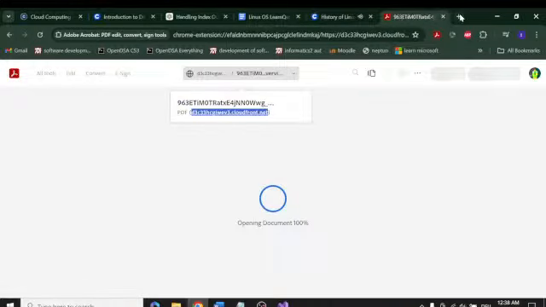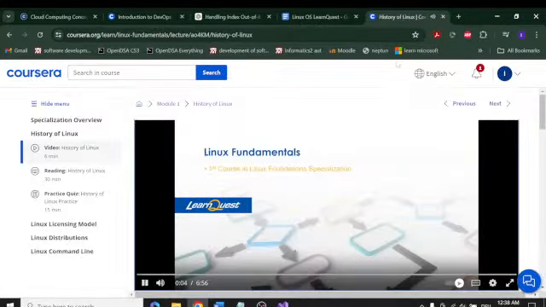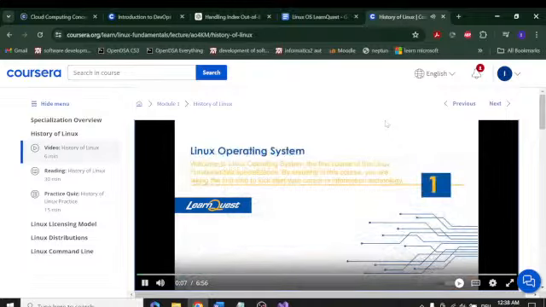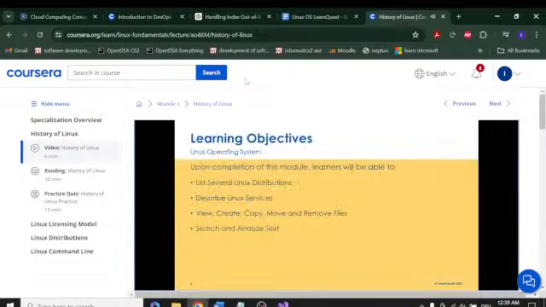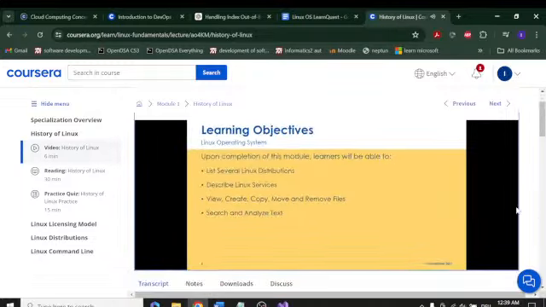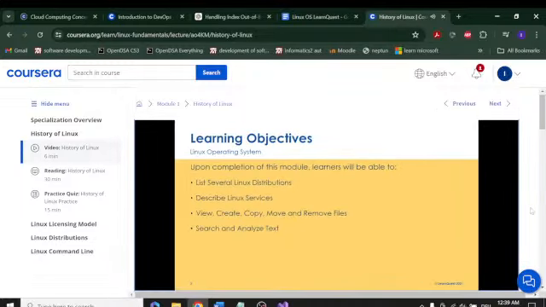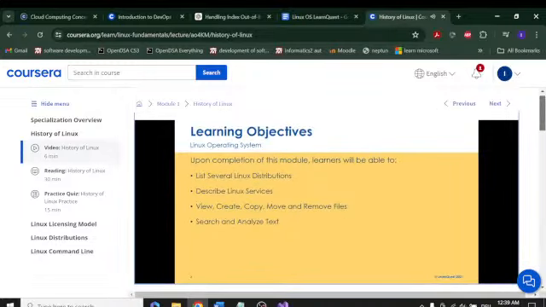Welcome to Linux Fundamentals. Linux Fundamentals is the first course in the Linux Foundation specialization. The first module here, we're going to think about the Linux operating system. All right, so by the time we're done with this first module, there's many things I want you to be able to do. And what I mean by things I want you to be able to do, you should be able to do them, but you should also be able to be assessed on them in the quizzes and tests,